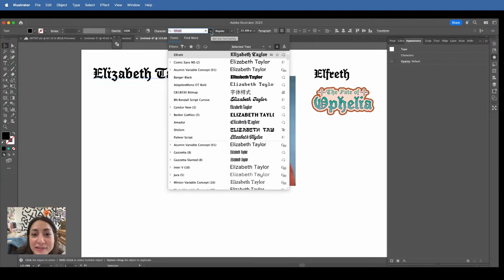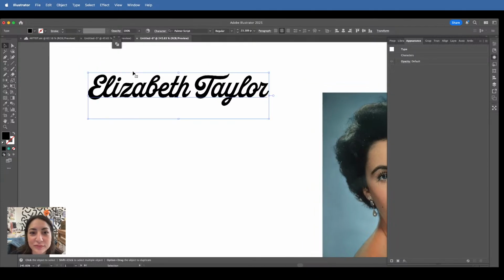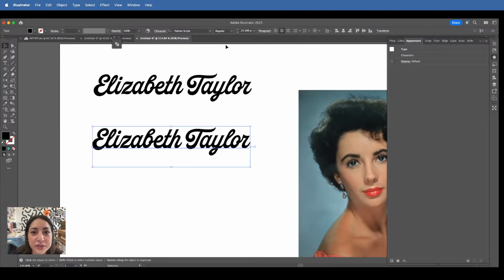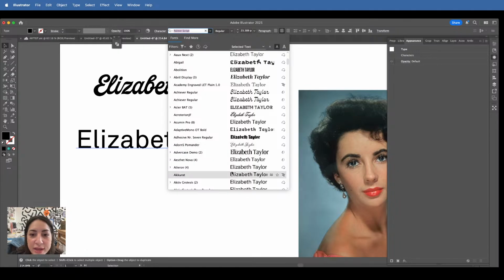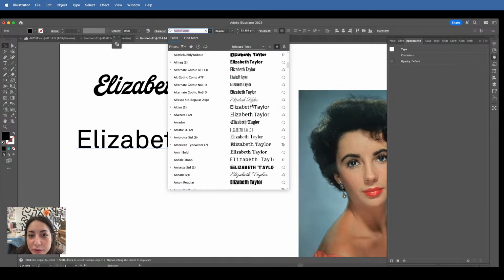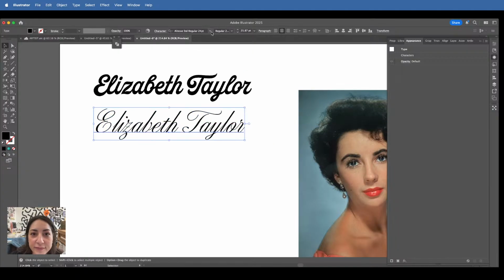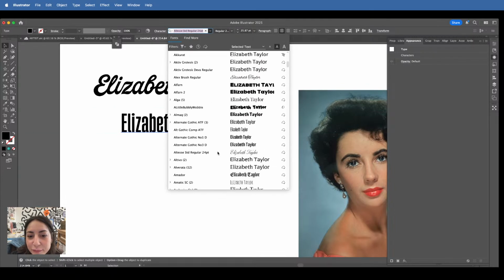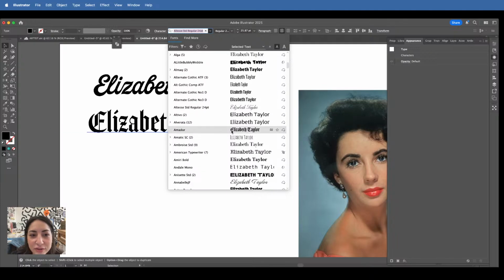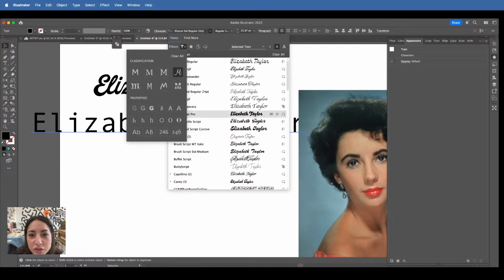So I'm just going to go through the fonts that I have. I really didn't plan any of this out. This is actually the Women of Type logo font, Palmer Script. I'm just going to go through a bunch of them and see which one makes the most sense for what I want to do. I'm not really going to edit the font itself. This is beautiful, but I need something thicker. I'm not going to edit the font because that might take way too much time. Or I could probably just go with a script in general.